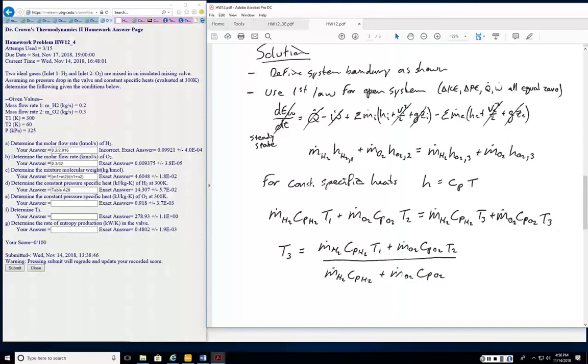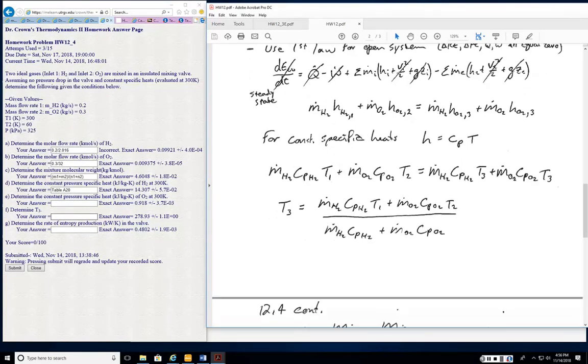For constant specific heats then, H can be written as CpT, although the specific heat is for whatever gas is flowing. So I have H as CpT with the specific heat of hydrogen for pipe 1, the specific heat of oxygen for pipe 2, of course with the corresponding mass flow rate. And then for the exit, same thing, it's at T3, both of them, but the mass flow rate of H2 times Cp of